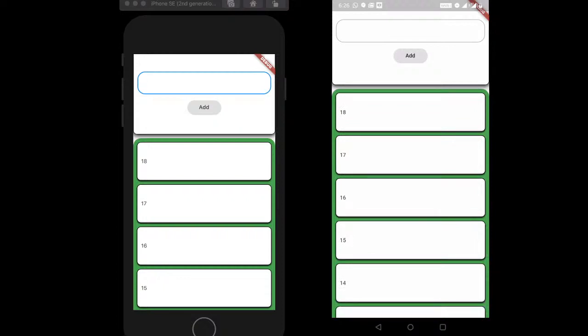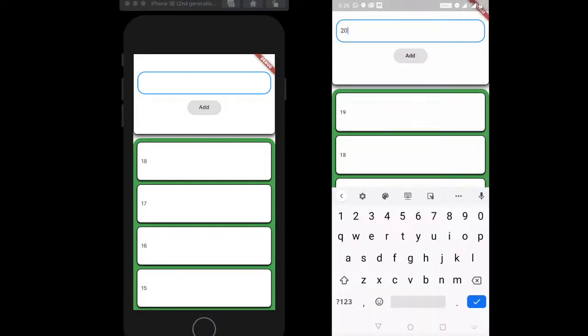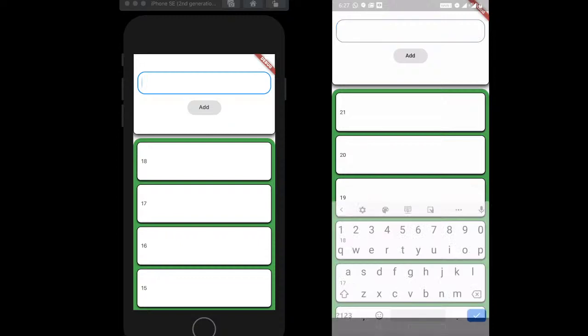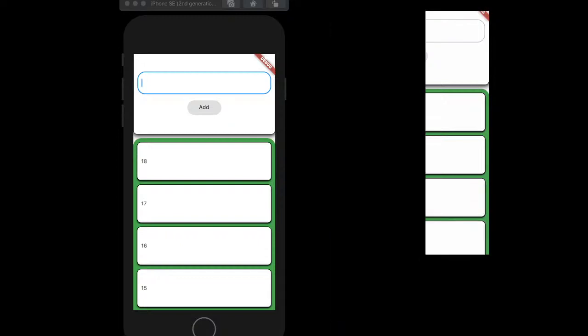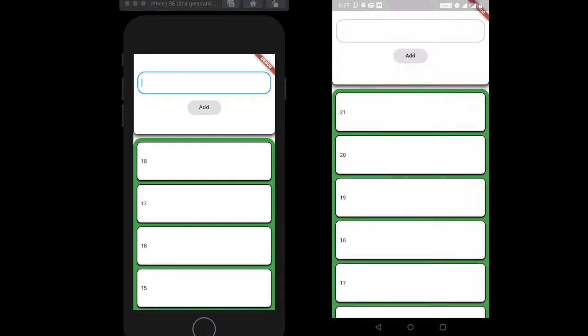What I'm going to do now is I see the same set of items, like 18 and 18, right? 20, 21. So cool. Now on the real device you see that we have added 21, 20 and 19, right? Three more items after what we see on the simulator.